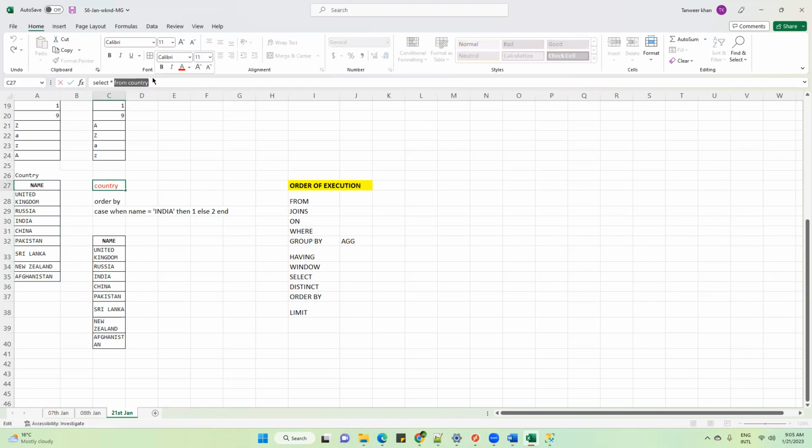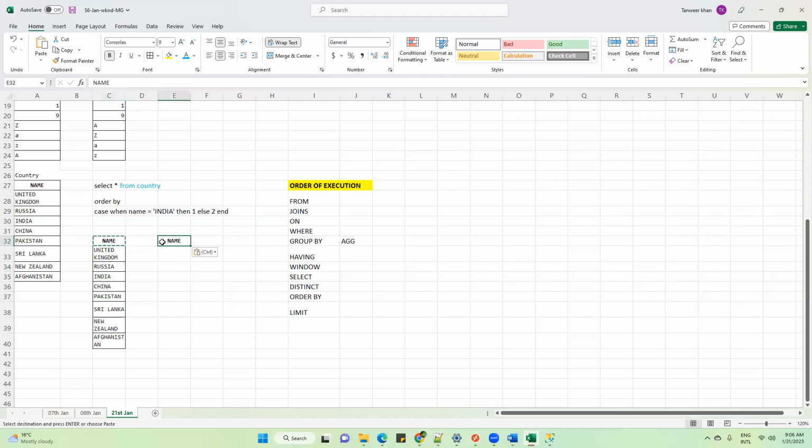After from, which keyword? Select. In select, you have written a star. A star means here the name column, you want the name. So the engine will understand that the user wants this name column, correct?